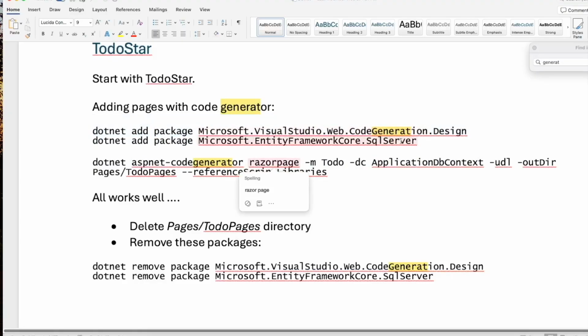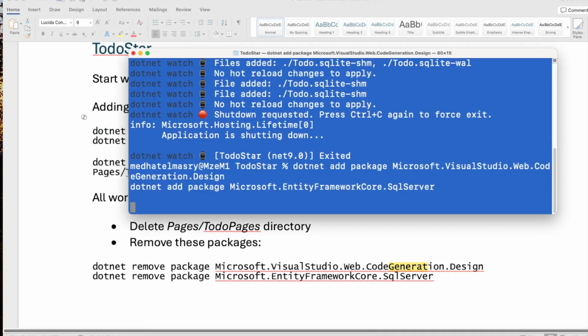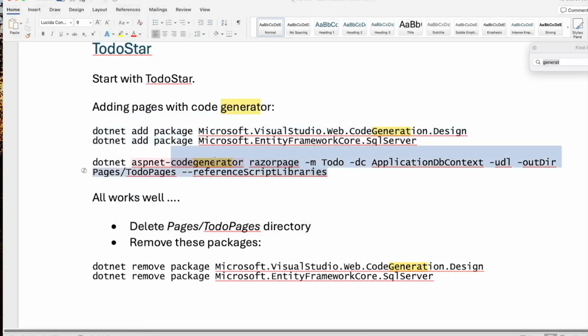If I want to generate the pages automatically, in the past, there was this code generator tool. They've stopped updating this. But I'll show you that this one works. I can generate pages that give me update, delete, create, and so on my to-do list. But for that to work, I need to install these two packages. Okay, so I'm going to go over here, install these two packages,